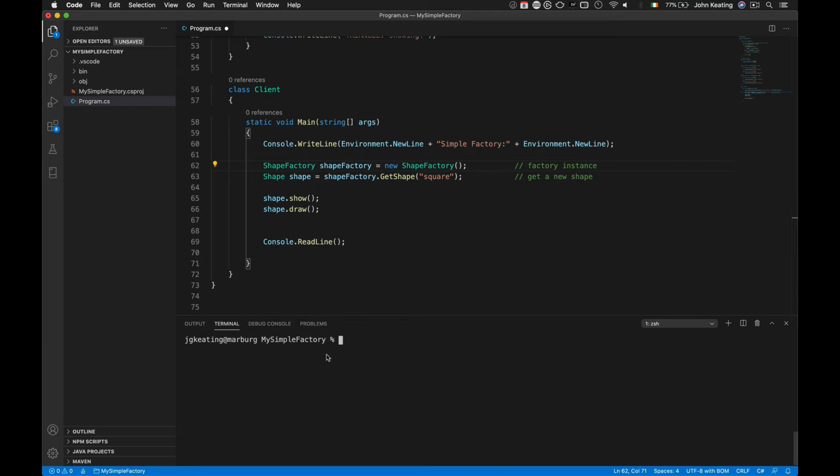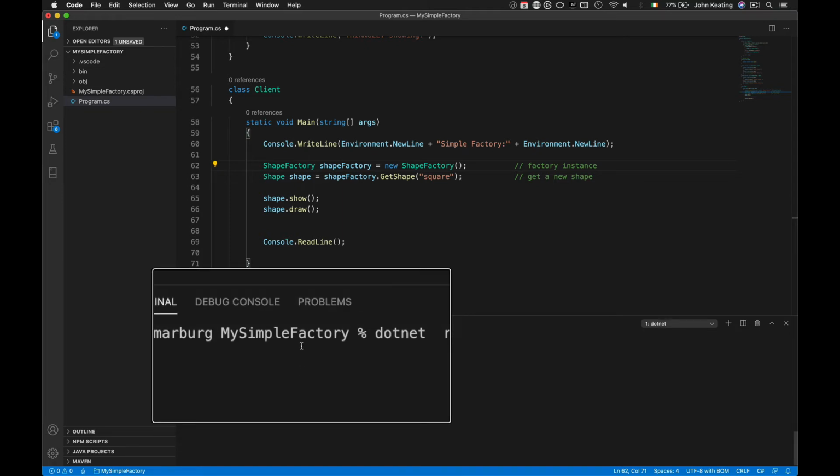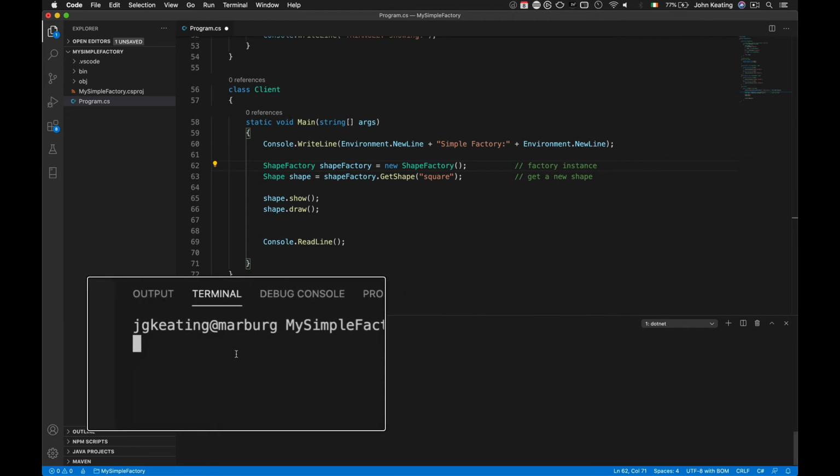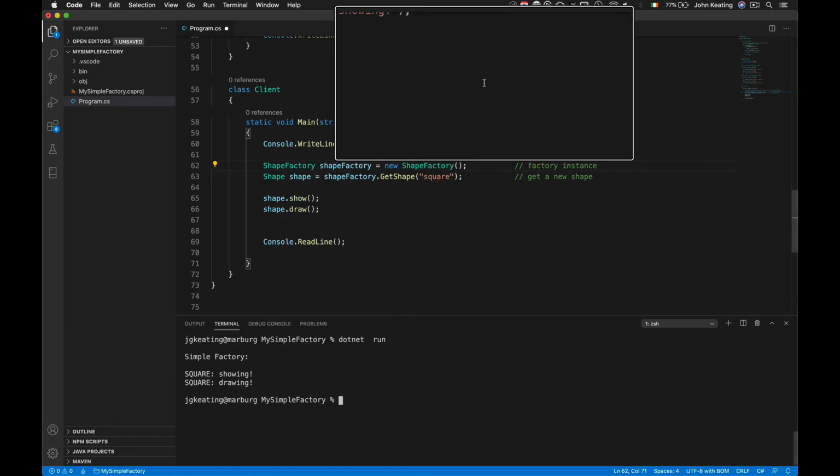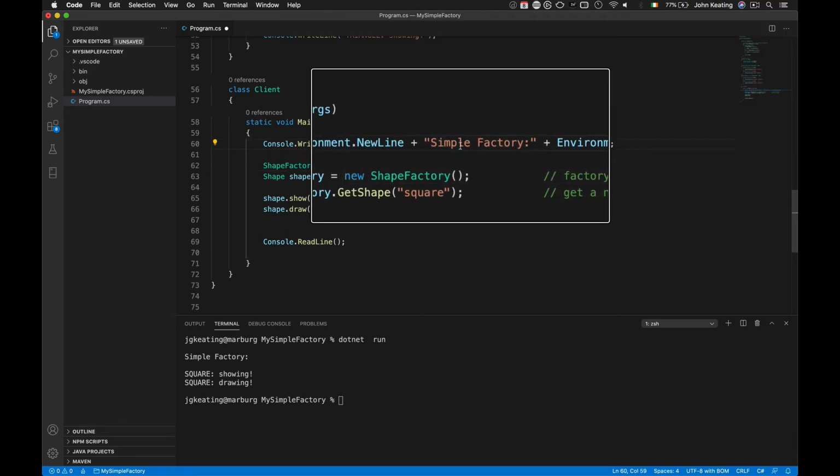So let's run this and see how it works. Okay, here's my simple factory. I'm showing and drawing the square, and that was it. I could have asked for